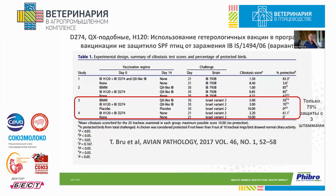Now, we did many trials trying to obtain some protection against the variant 2, and we did using the IBH120 together with the D274 together with QX-like vaccines, and we mixed them in many ways. And as you can see from the report from Brew in Avian Pathology in 2017, the protection that we reached using three different lines, different genotypes, what we got is only 50 to 70% protection when they challenged with the